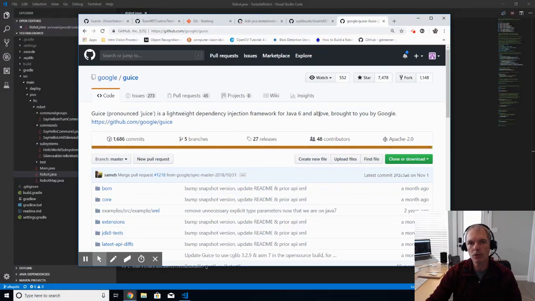Back with another video to talk about the testable robot project that I've recorded several videos on in the past, kind of showing the path about how to take a command robot template and change it into something that can be testable using JUnit and Mockito. Where I left it was, I had produced a workable example based upon the 2019 alpha code that WPI has released, and had eventually converted it to the 2019